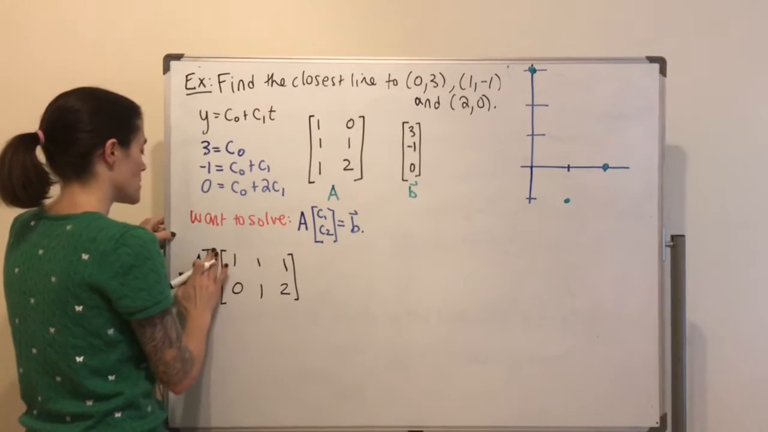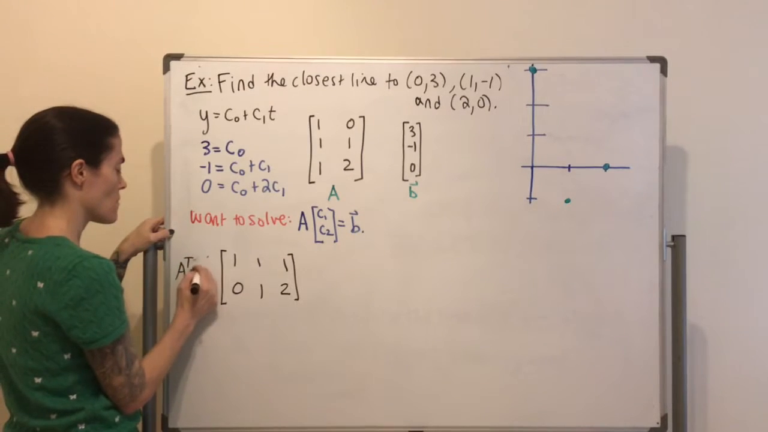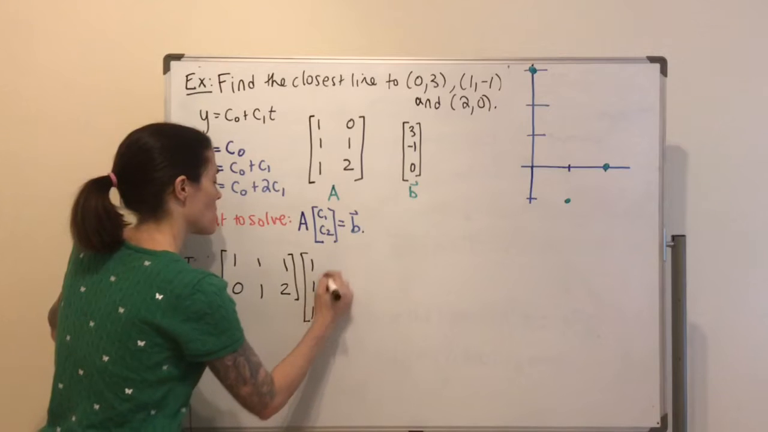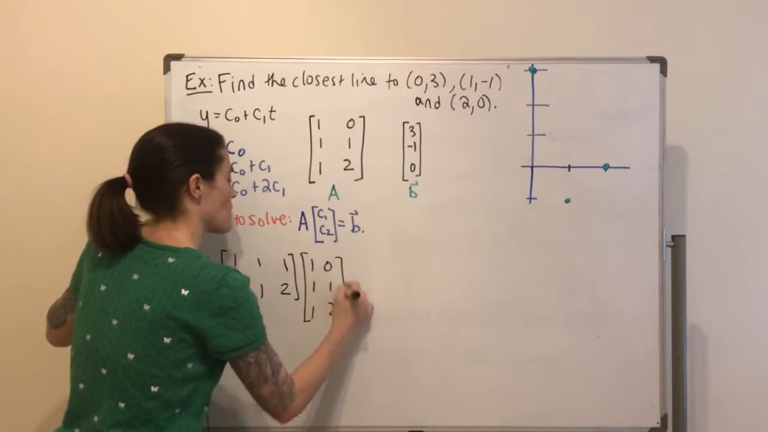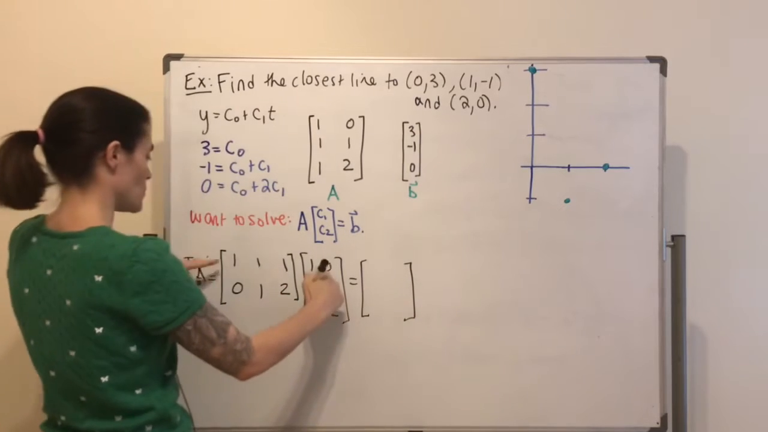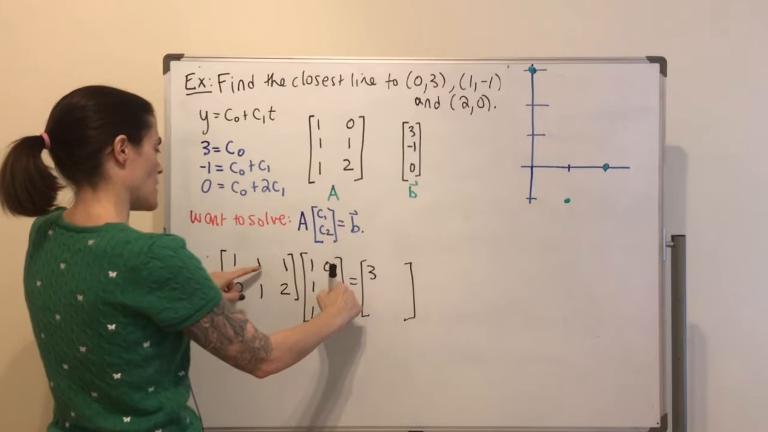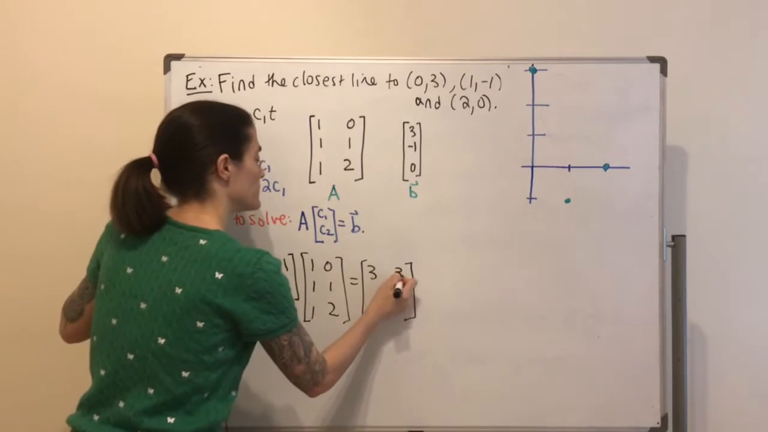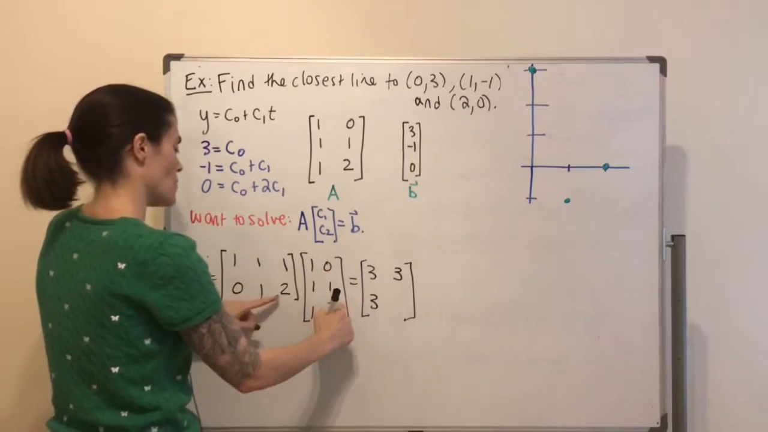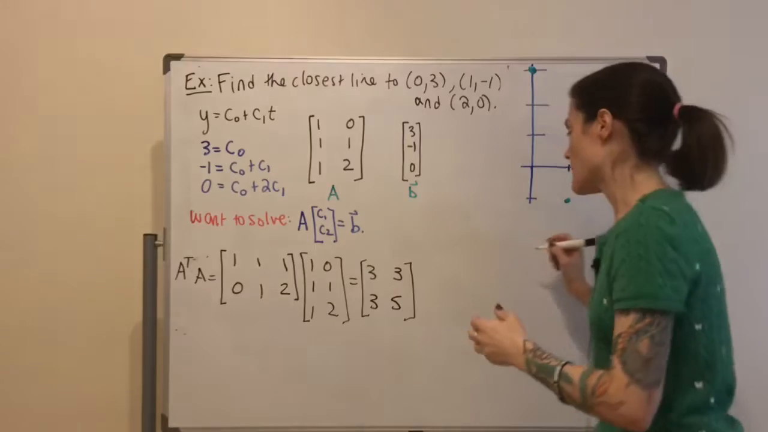Oh, maybe I should just go ahead and write A transpose A. I'll do this right here. A transpose A. This will be 2 by 2. We get 3, and then we have 3, 3, 5. Okay, then we need A transpose B,